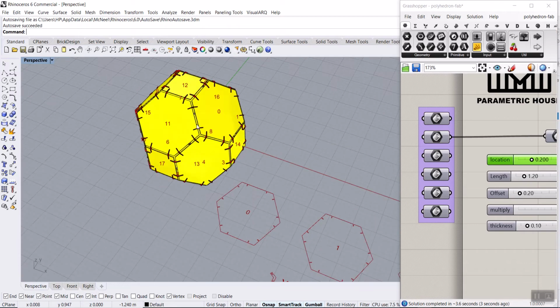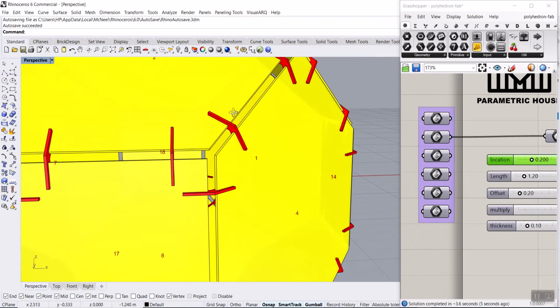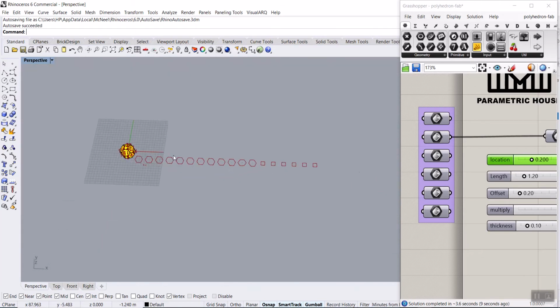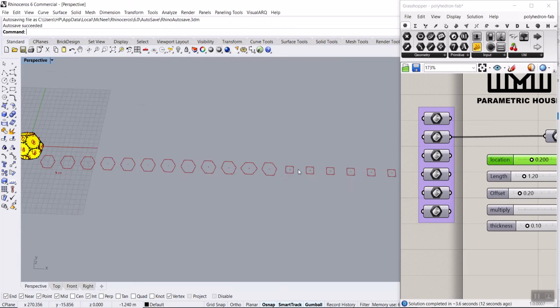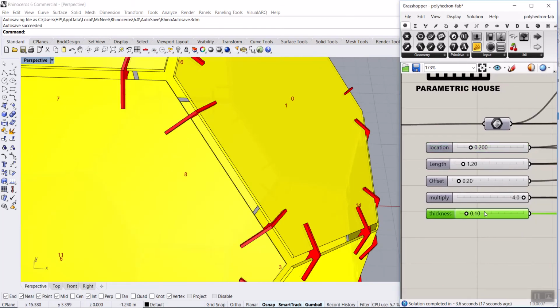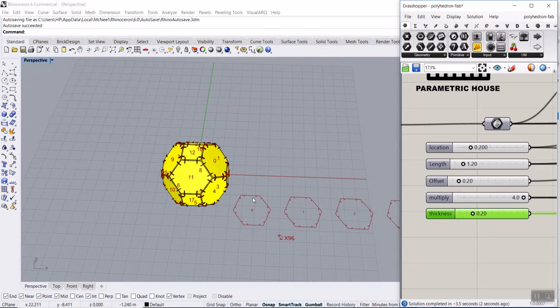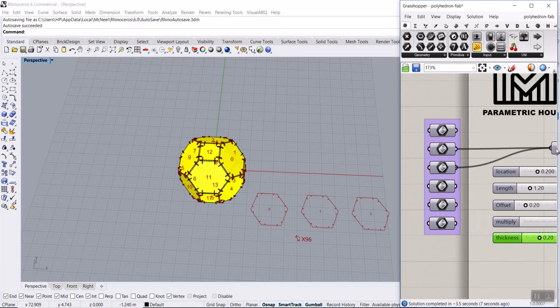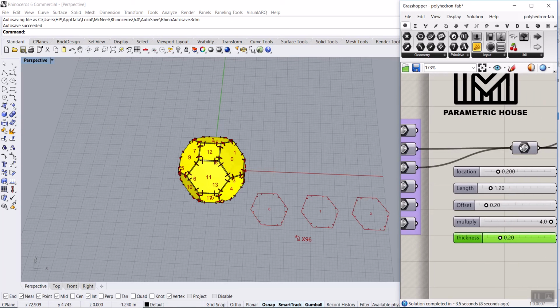Okay, and you can see that this is another polyhedron, and we have these faces on the ground ready for fabrication. We can also increase the thickness maybe a little bit and change the final results. You can see that the thickness has also increased. And another polyhedron we can connect here. At the first step, I'm going to explain how we can use a plugin to produce